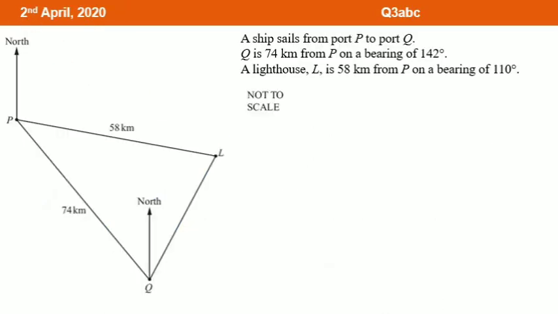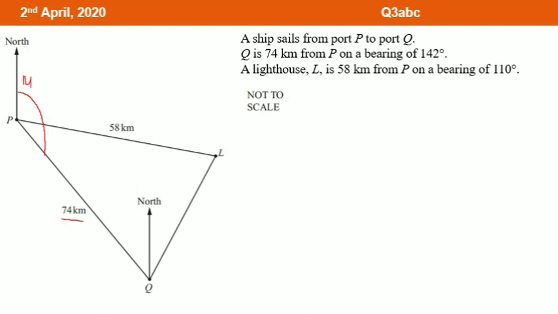Okay, continue to question 3. As you can read the question here, let us label together the diagram properly. Q is 74 kilometers from P and on a bearing 142 degrees. From where? From P, right? So from P we have to make the bearing that connects until Q. The bearing how many degrees? 142